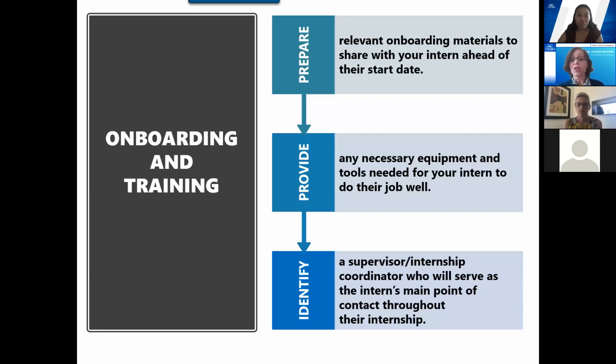And then you want to also provide any necessary tools and equipment that they may need and have all of that set up. Keep in mind that you are likely to have, hopefully, future interns, so that equipment, whatever it is that they're using for your company, hopefully is an investment for the next intern down the road.